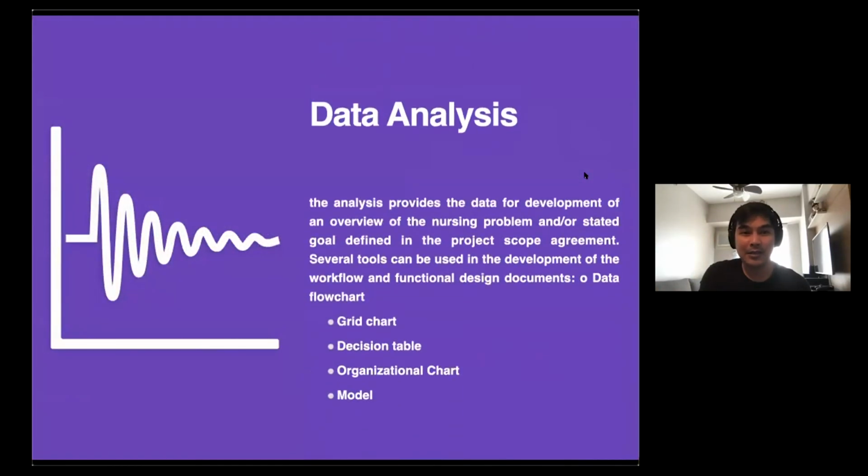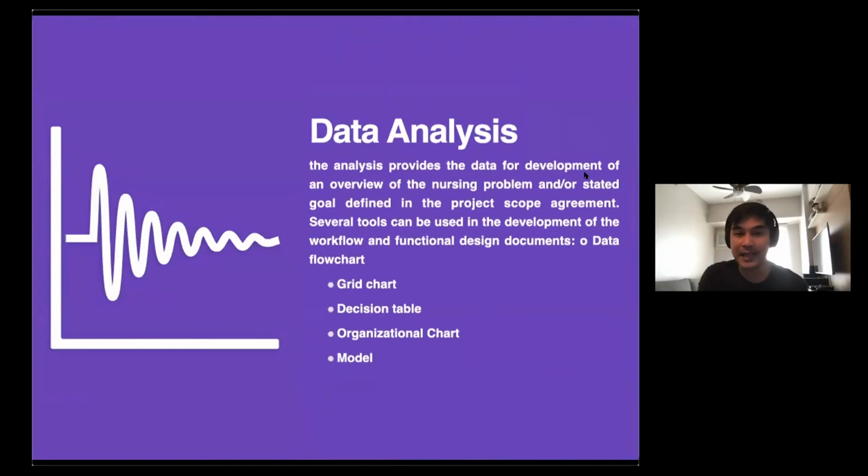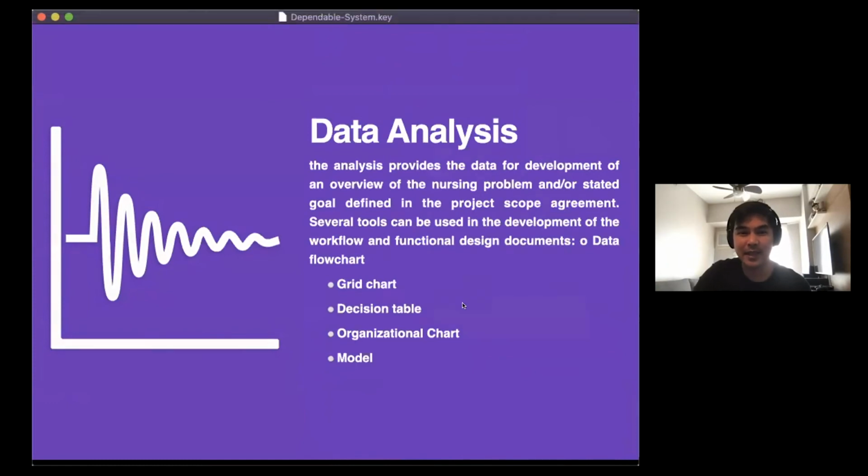After the data collection, nagkakaroon na sila ng data analysis. Okay? So ito yung mga flowchart na pinag-aralan natin during high school, no? So during high school, di ba, meron tayong mga decision system. If yes, go here. If no, go downward. So something like that. So that is part of the data analysis phase.